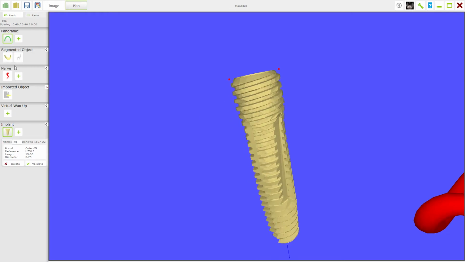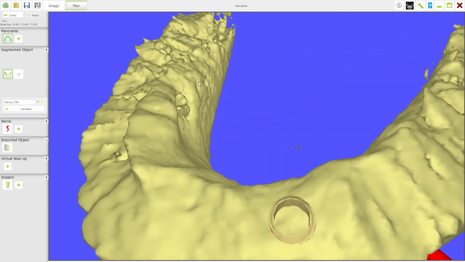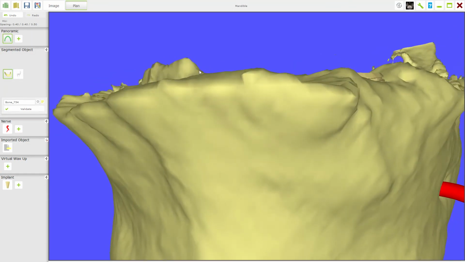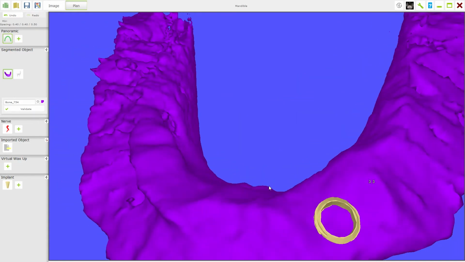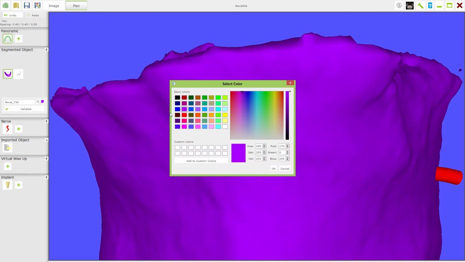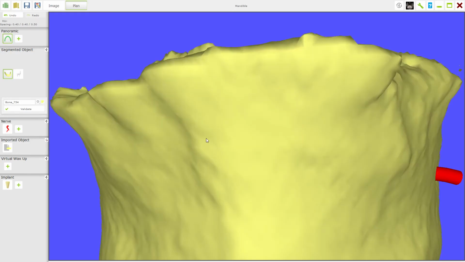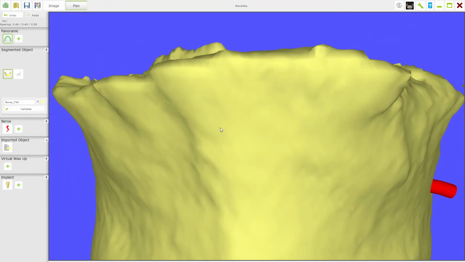So now I'm going to put back in the bone by right clicking, and we've got the bone back in. Now the bone, I can actually change the colour of the bone. If I want to make it a different colour, we could make the bone a nice violet colour. So we can change the colours around on all these things, but yellow seems to be quite a nice colour for the mandible. So now I'm going to position this and come back out,